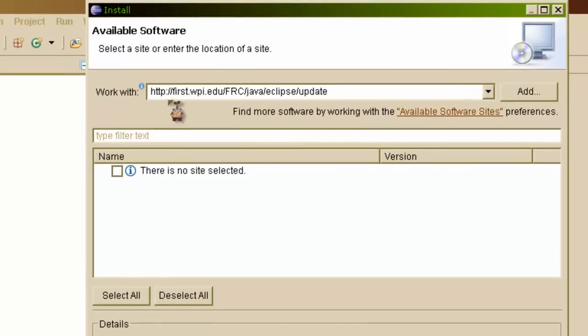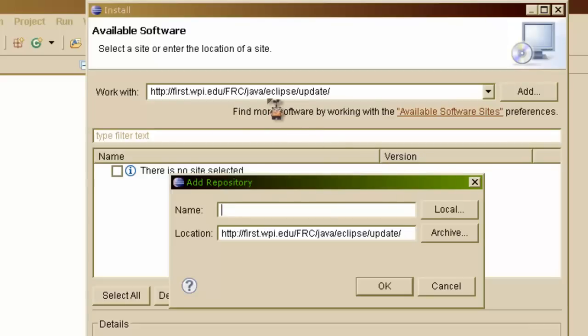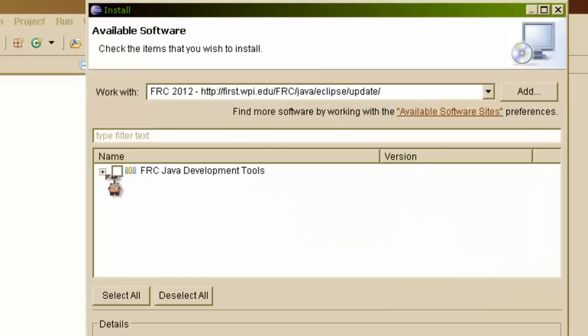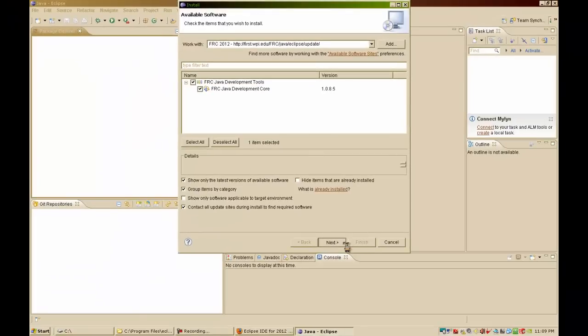It's http first.wpi.edu/frc/java/eclipse/update. Once you type that in, hit add, and we're just going to name this location. We'll call it FRC 2012, and hit OK. And you'll see down here you have Java development tools, and if you click this checkbox, what you're really installing is the FRC Java Development Core, the latest version. We're going to hit next,